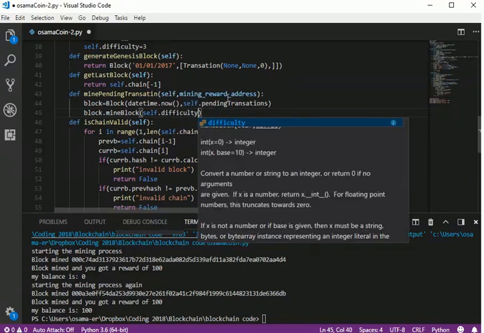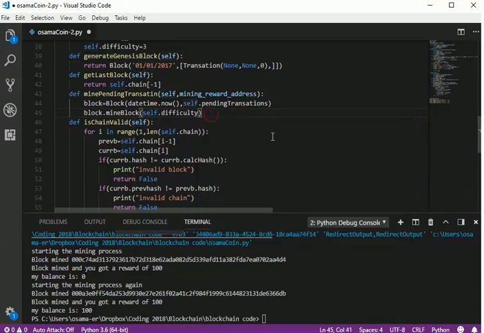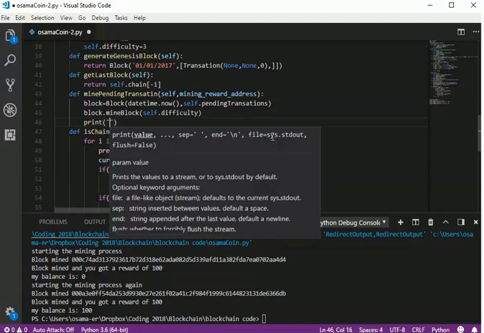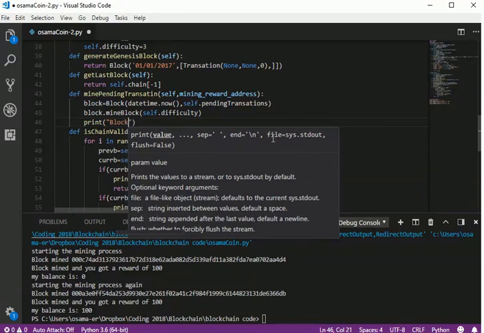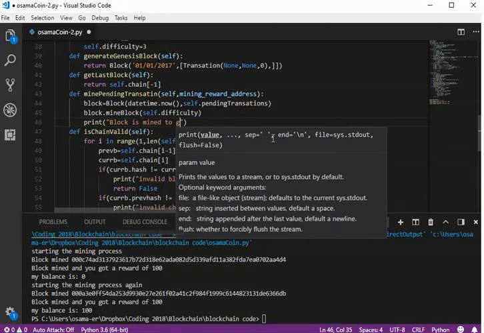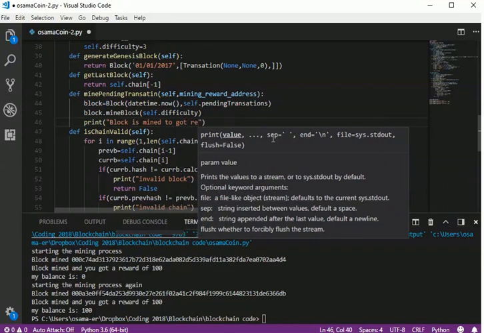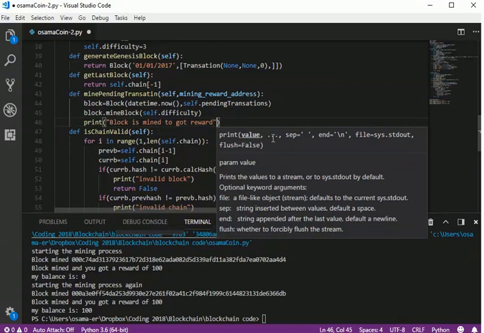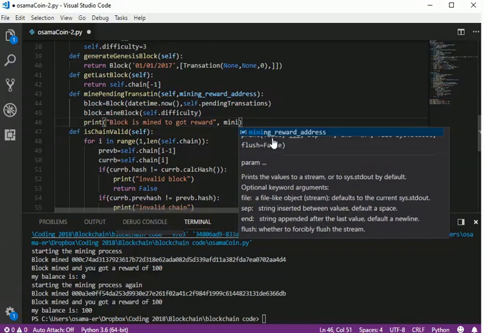Okay, if we succeed in mining the block, we have to print a message saying that the block is mined, you got the reward, and we put the reward value here, the mining